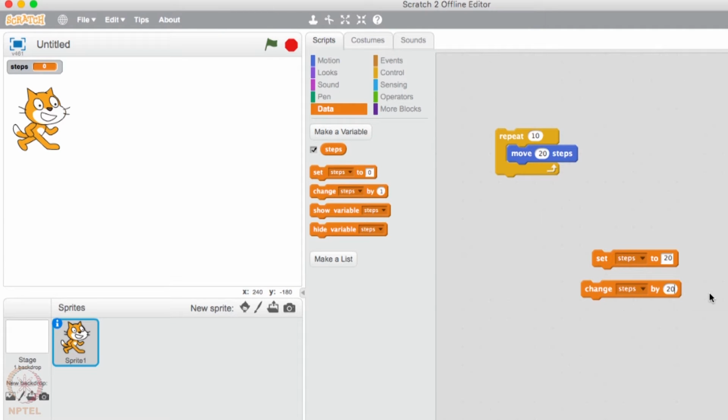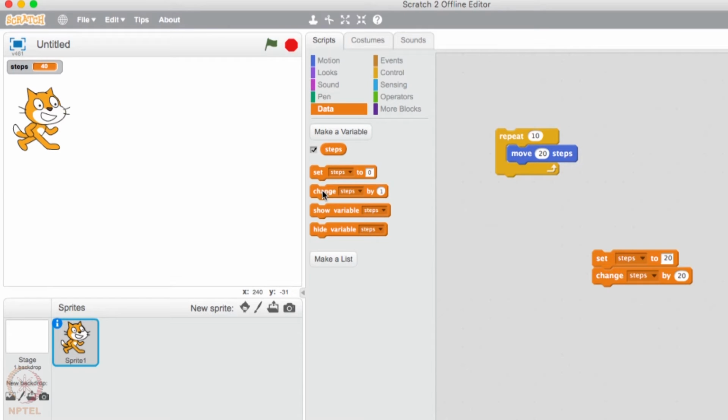and then I'm going to change steps by increments of 20, which means what does this do? You see what this does? We discussed this. When you double click on this, you see this segment of code is different. When you double click on this, only this gets executed. You all know that by this time, correct? So when I click on this, initially steps gets assigned 20.